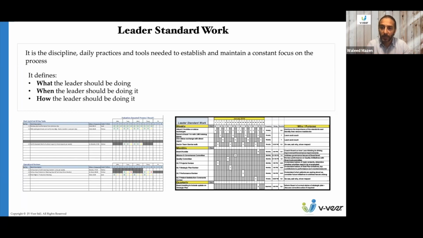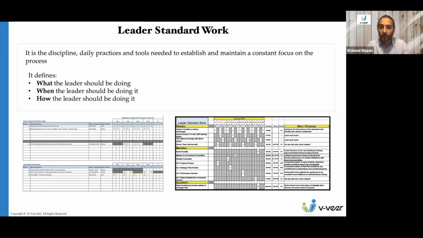Basically, this helps you as a leader to make sure that the important elements for you to achieve your objectives are set in a plan, and that it's a routine that you carry out on a regular basis. And just like any standard work, that doesn't mean it's not changeable. You can put the plan in place and then find out that there's more than you could achieve, or that you need to modify it to fit your schedule by eliminating less important items, because we always have a habit of putting in more than we're capable of doing.